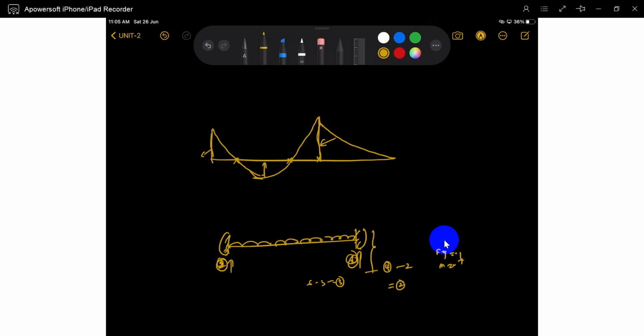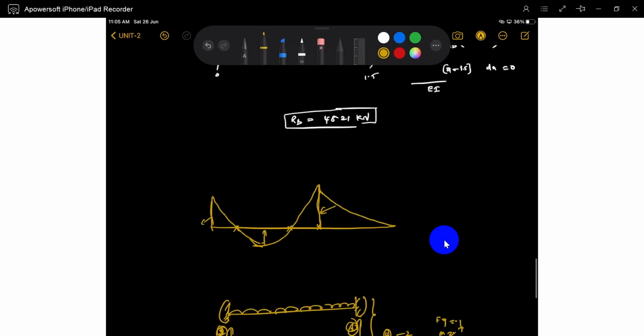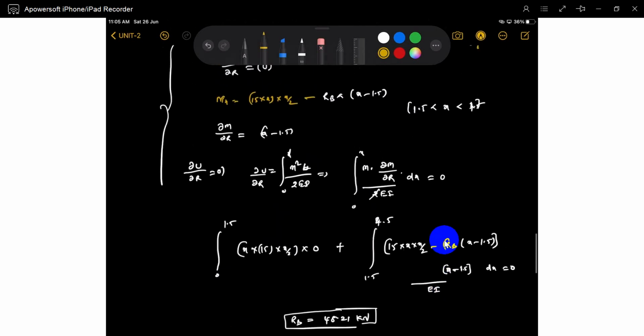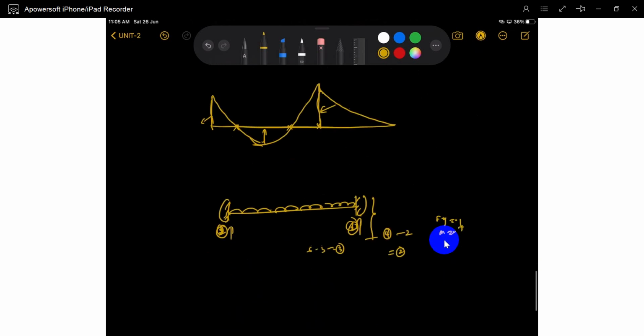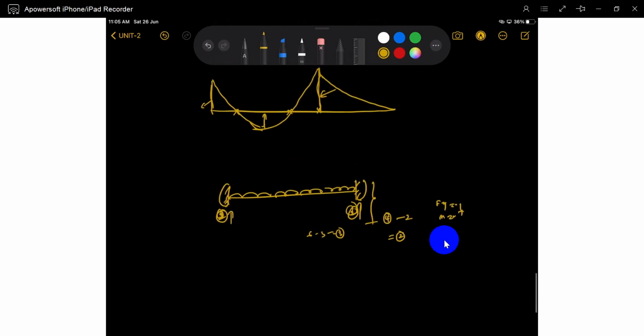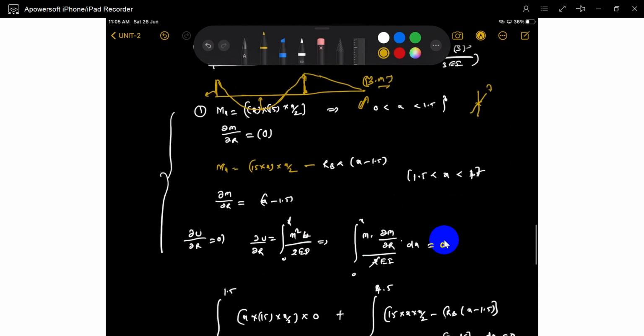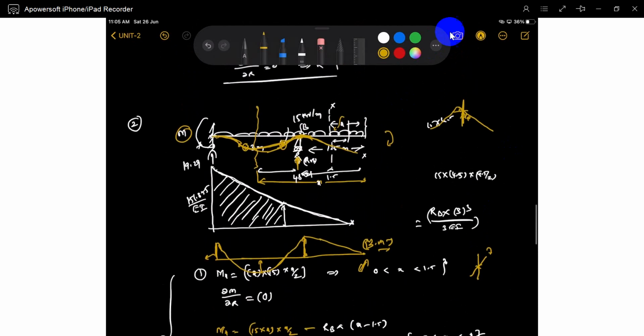How can we get the 2 extra equations? From the next class onwards, we will go through this. For the propped cantilever, we require 1 extra equation, so we solved it. For a fixed beam, we require 2 extra equations. How we will solve it, tomorrow onwards we will see. Okay? That's it. If you have any doubts, ask me. Otherwise, leave it.